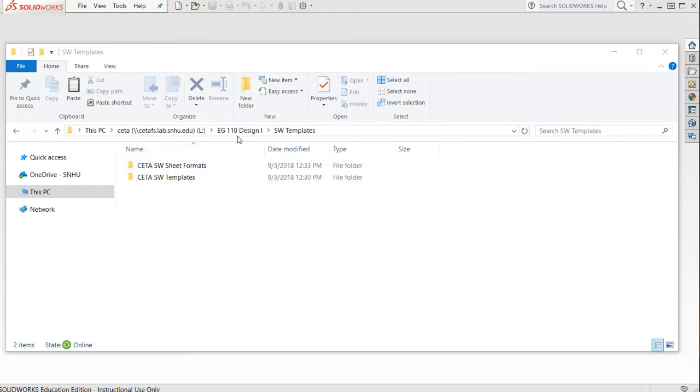So what you should see, if you're on the SNU network, I think you can access the L drive. And I'm also going to post this folder up on the Brightspace page in case you're off campus and you want to use them. The word of caution I'd give you is not to necessarily map into the L drive when we do this. I'm going to show you how to do that, but my suggestion is if you're working on a laptop,